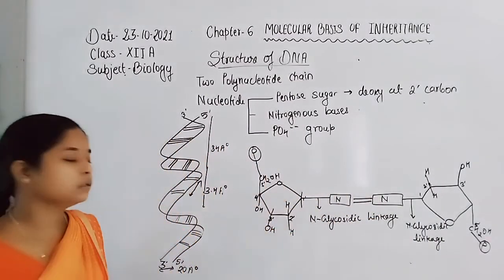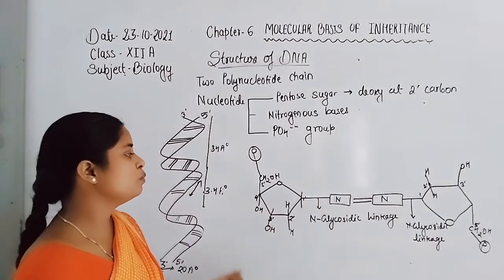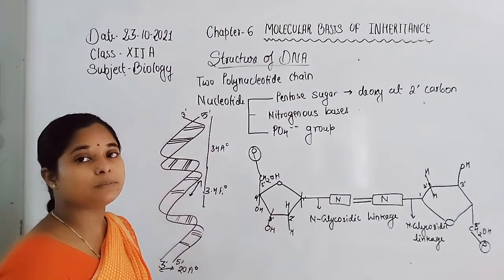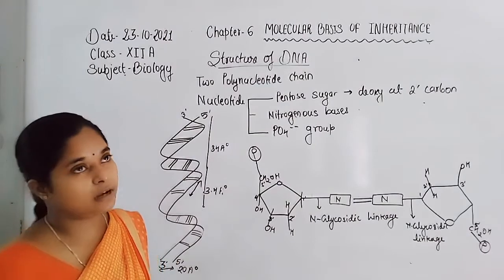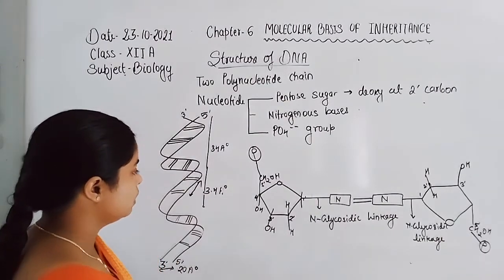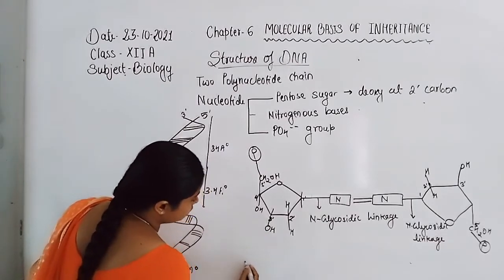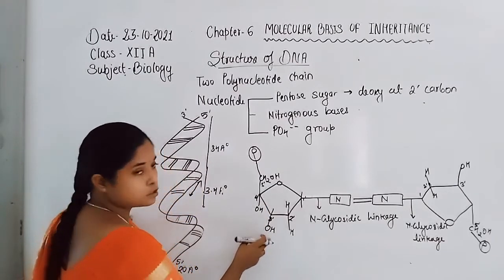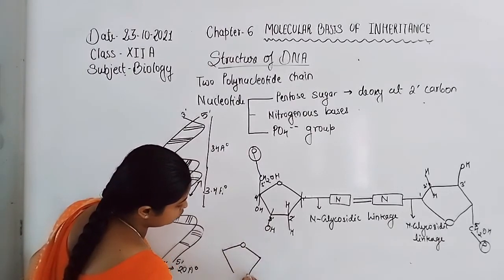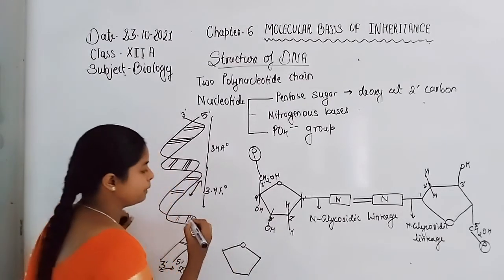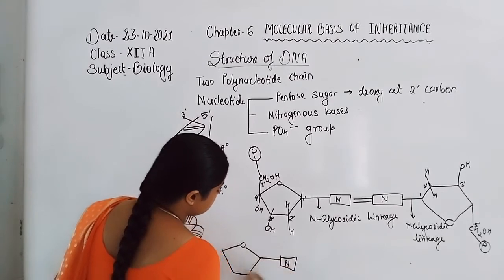Now, if we talk about how the two nucleotides are joined, or why the synthesis of DNA always takes place in the 5 prime to 3 prime direction, it is because if another nucleotide wants to bind with this nucleotide, the phosphate group always attacks the 3 prime hydroxyl group, and that's why the synthesis always takes place in